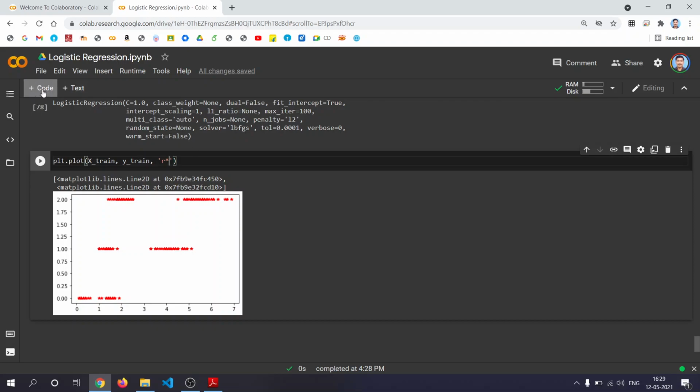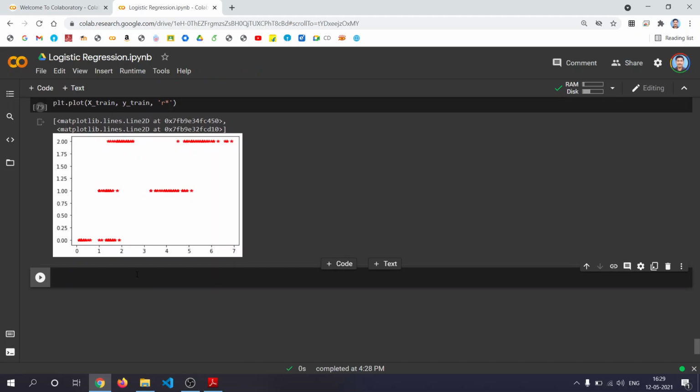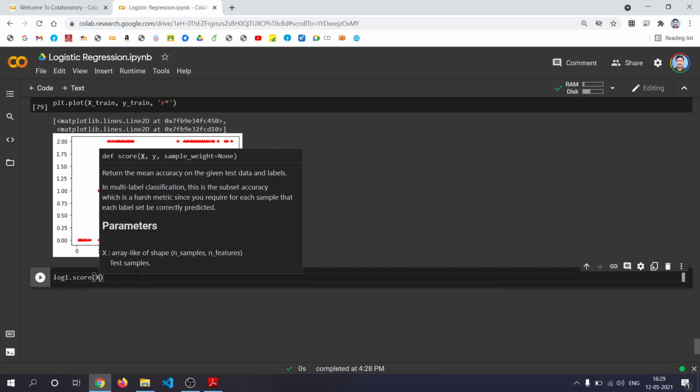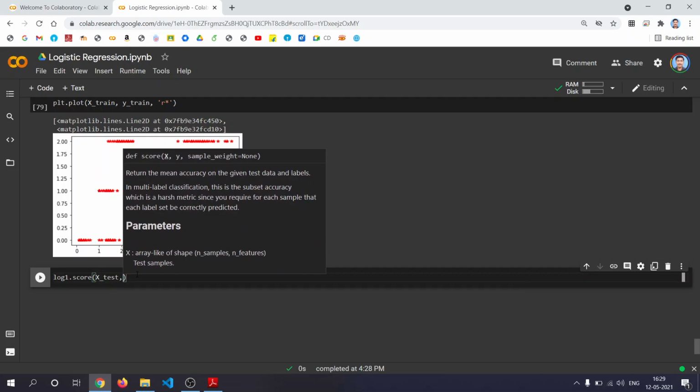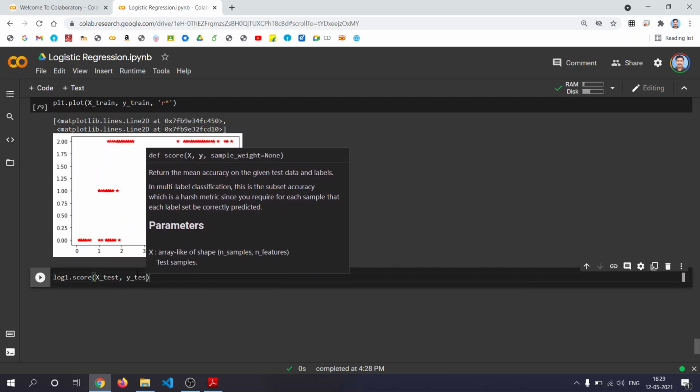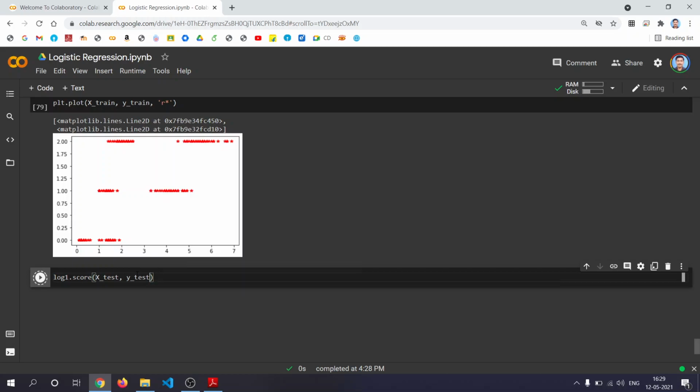Now let's see the regression score using test data. log1.score(x_test, y_test). In this case you got output as 0.97, which means that it's a very nice result.